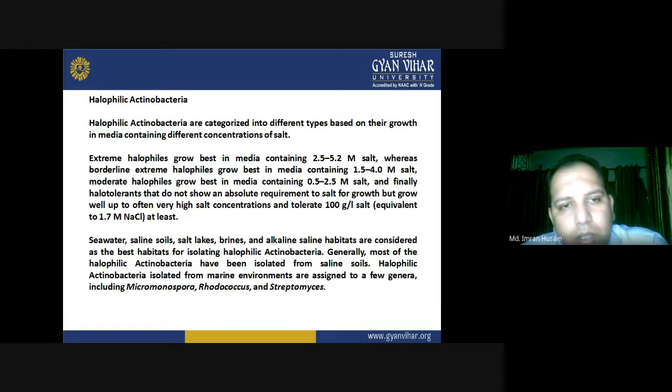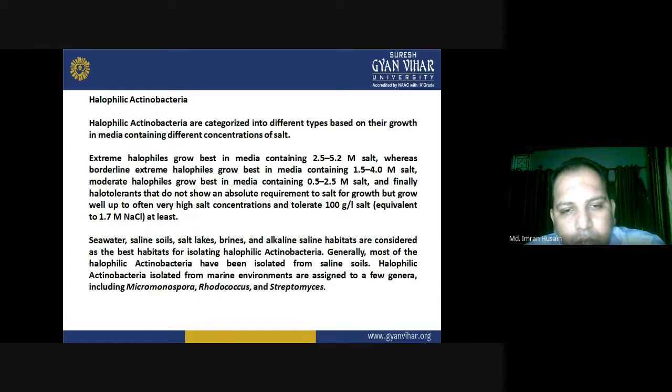Halophilic actinobacteria. Halophilic actinobacteria are characterized into different types based on their growth in media containing different concentrations of salts. Extreme halophiles grow best in media containing 2.5 to 5.2 molar salts, whereas borderline extreme halophiles grow best in media containing 1.5 to 4.0 molar salts. Moderate halophiles grow best in media containing 0.5 to 2.5 molar salt, and finally,